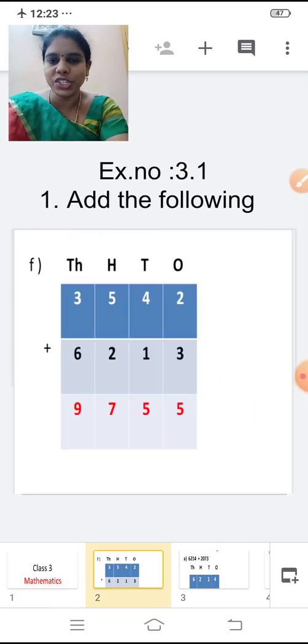Last class we saw in exercise number 3.1 addition of 4-digit numbers without carry forward. Now we are going to continue the same. Shall we? So we are going to add